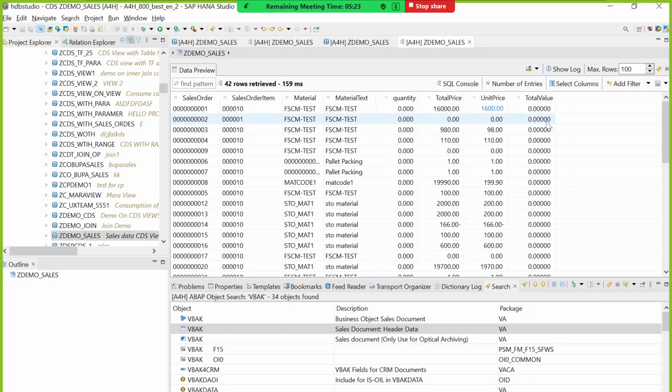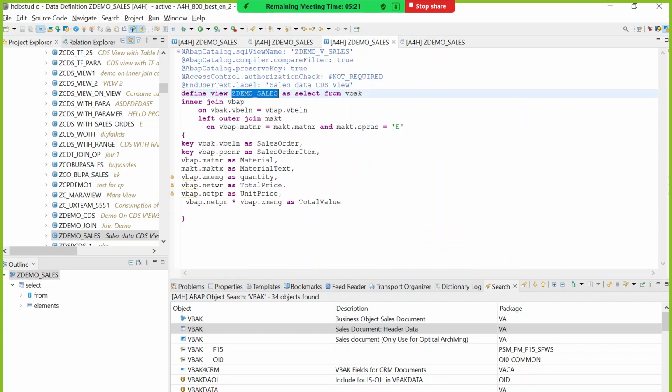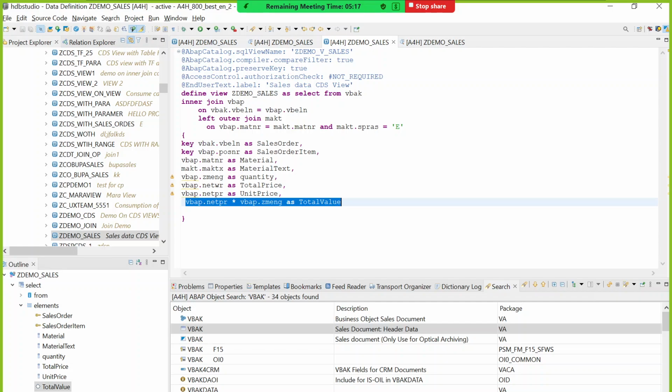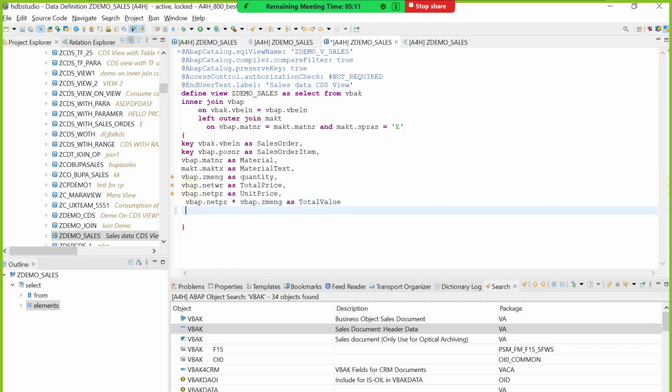Okay, so this is how you can use calculated columns. You can calculate values here. For example, if you want to add some tax value in the calculation, CDS view calculation, right? In our normal open SQL statements, if you need to add some additional tax to the existing value in the table, first you need to select data into internal table, loop the internal table, and update that value. But here simply, if you want to add some tax value to the total price, NETWR, for example, 10 rupees as tax,